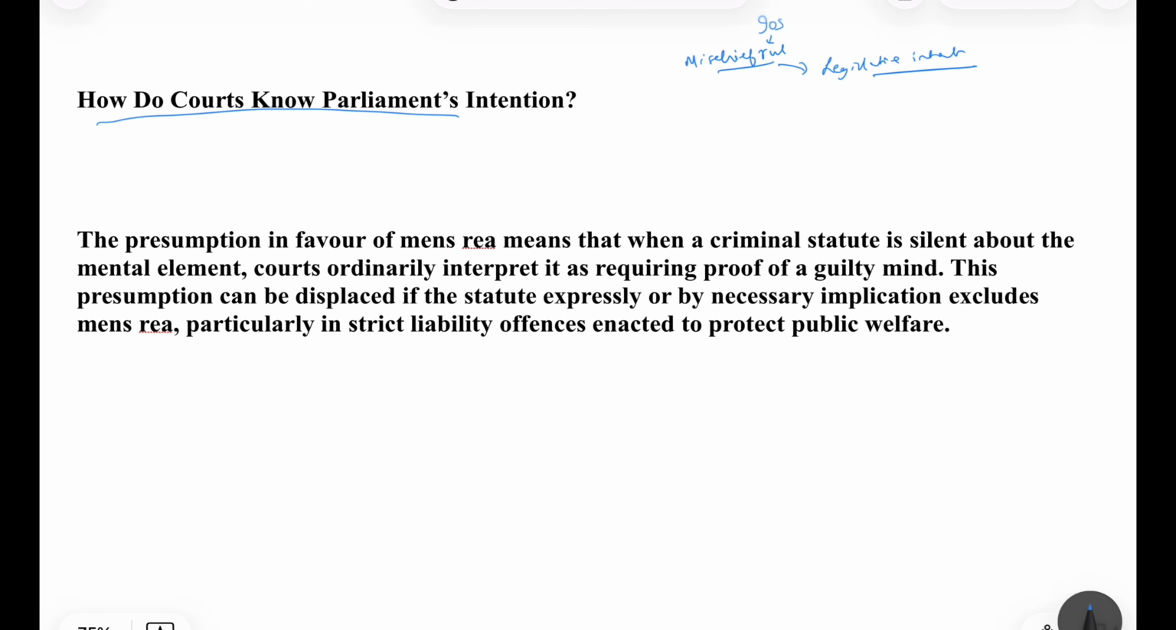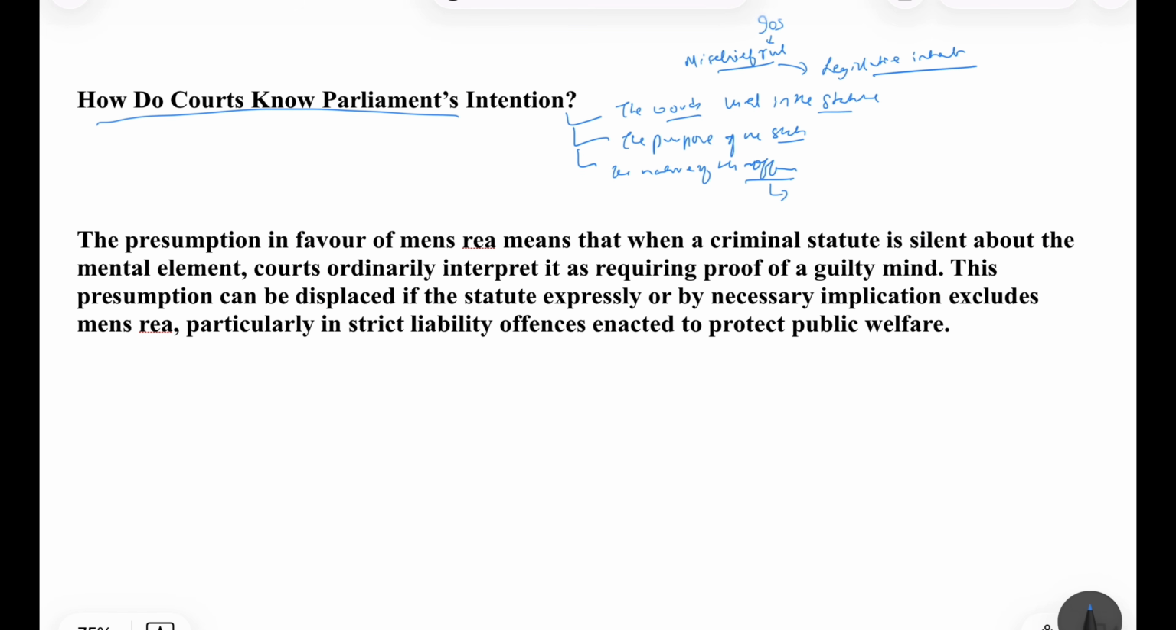First of all, what are the factors to derive Parliament's intention? Firstly, the words used in the statute, whether the words are dishonestly, as in the previous example I gave, or knowingly, or intentionally. Second, the purpose of the statute, whether it is designed to protect public health or public safety or the environment. And next, the nature of the offense, whether the offense is a serious crime like murder or a regulatory offense such as food safety or pollution